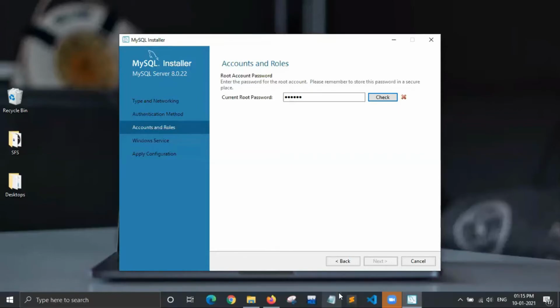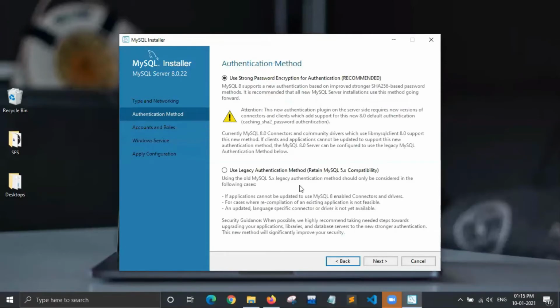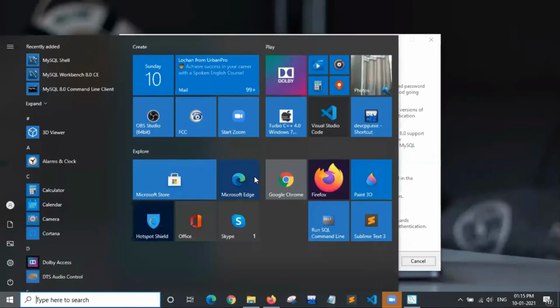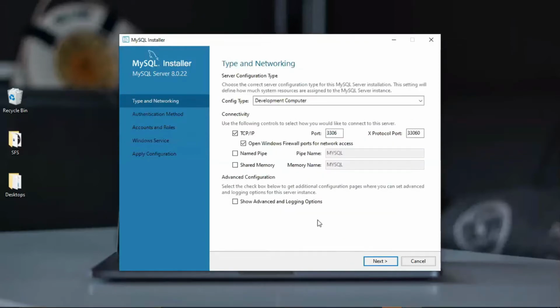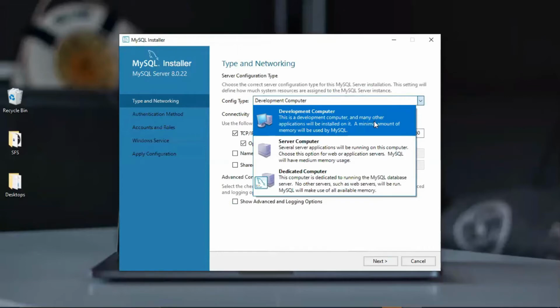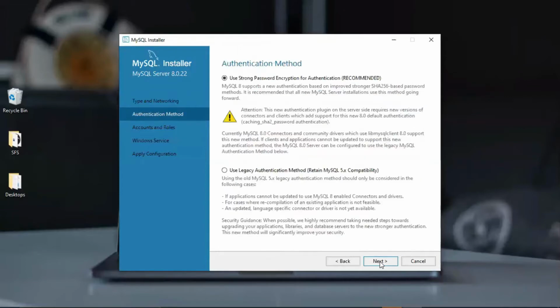It is not validating, so let me go back and use the developer computer setting.